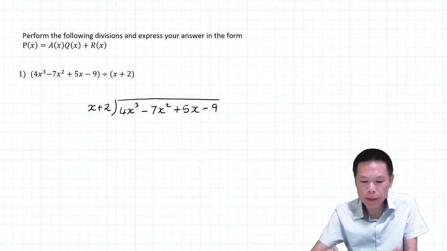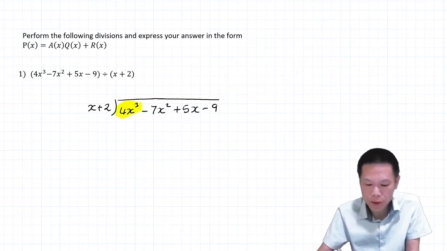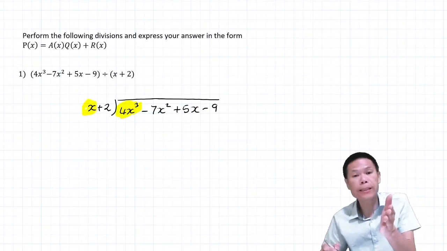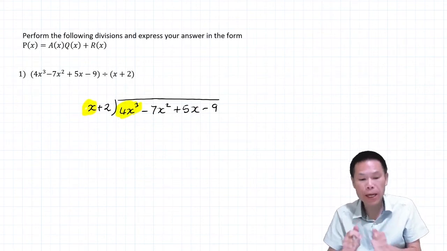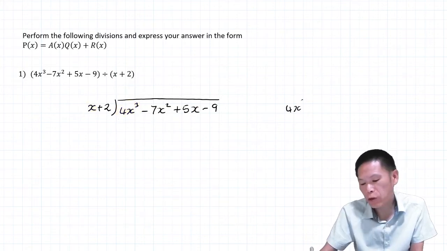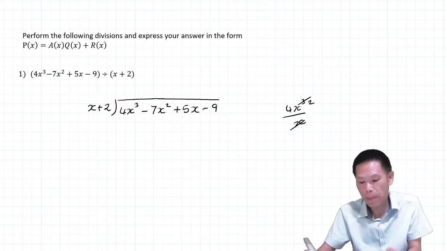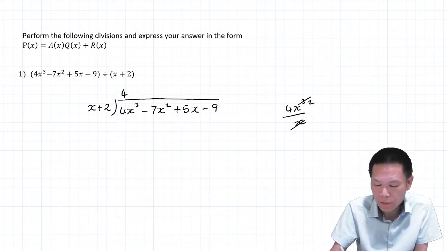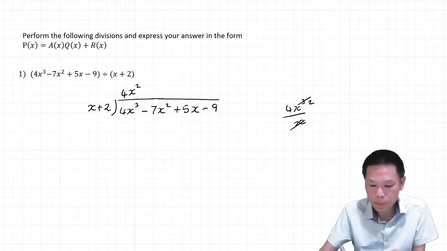Now, step number 1, we need to focus on 4x to the power 3 and x. So we use 4x to the power 3 divided by x. So that cancels with this, leaving 4x squared. So I just write 4x squared. That's the answer. So what we do next is we use